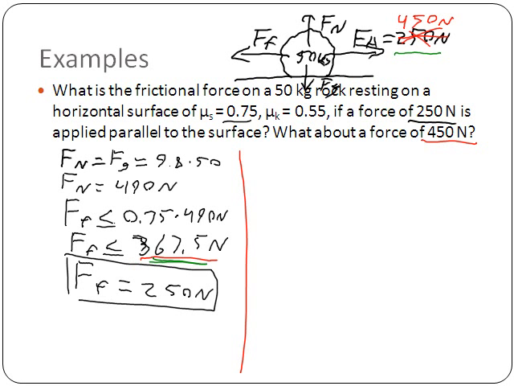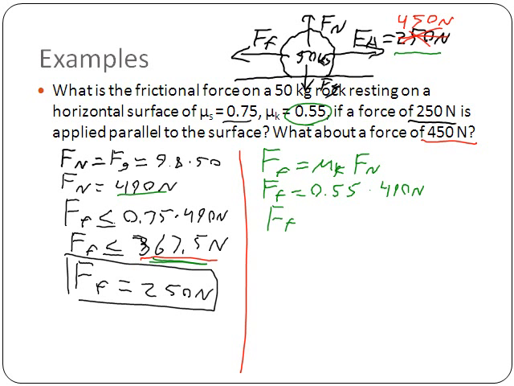And so if it's moving, then we're not going to use the static frictional force. We're going to use the kinetic frictional force. And if we look at the kinetic frictional force, we know that's equal to mu k times the normal force. And so our kinetic frictional force would be equal to mu k. Mu k is 0.55, times the normal force, which doesn't change here. Normal force is still 490 newtons. And so in this case right here, we do the math on this. 0.55 times 490 equals